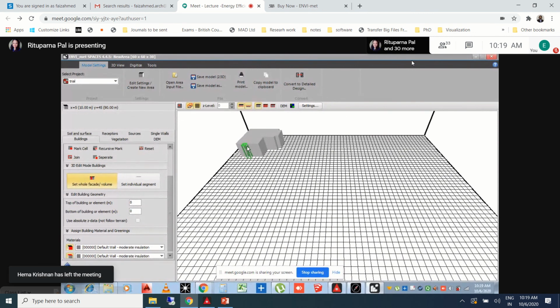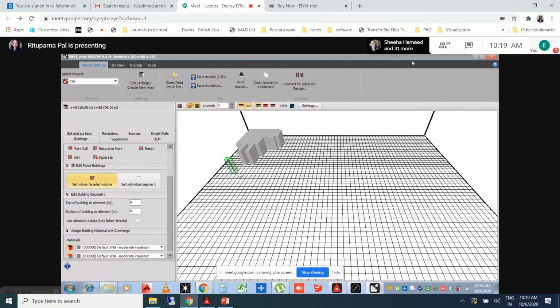So you might need to add some elements. Suppose in this facade I need to add 2 more protrusions in order to channelize airflow, or to understand how the building will perform if the shape is like this.